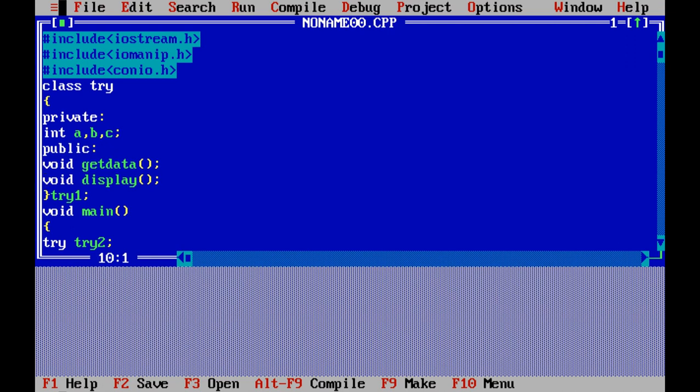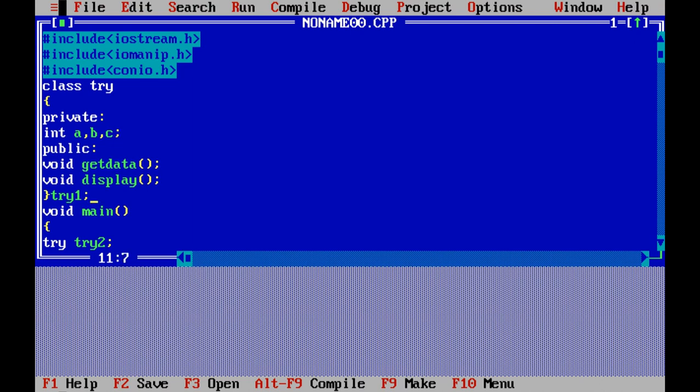Why I'm using these four lines is that I want to show that one object try1 and another object try2 have two different memory locations, and they can save their own values independent of each other, even though they have a, b, c.